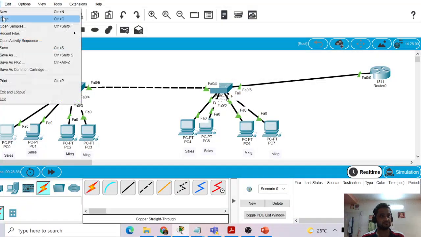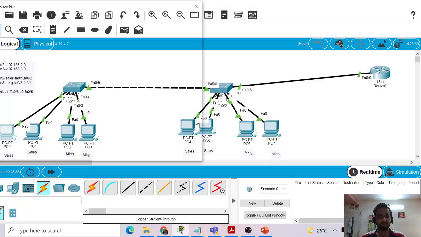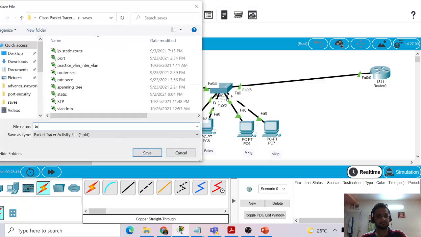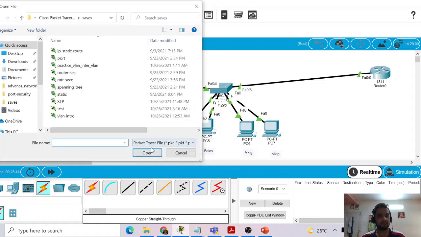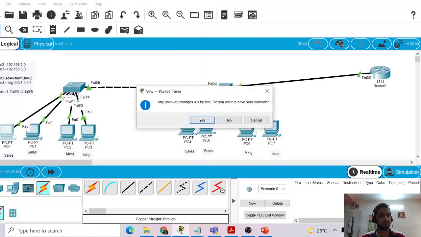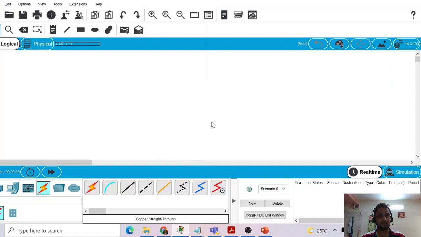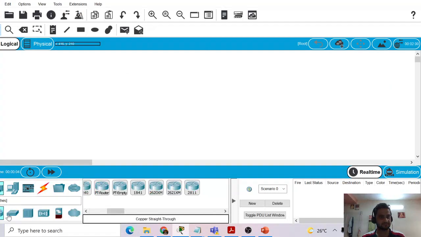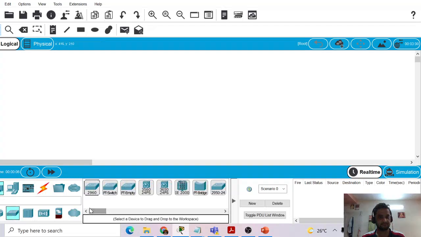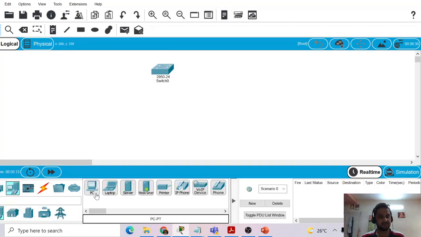Let me take one switch, a 24-interface switch, and one PC.